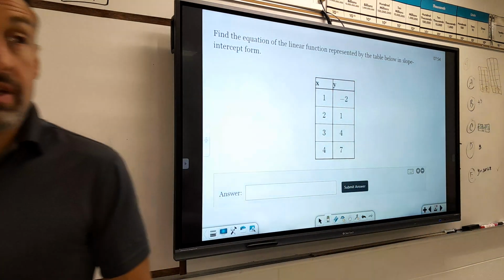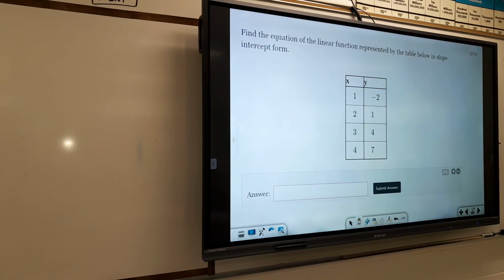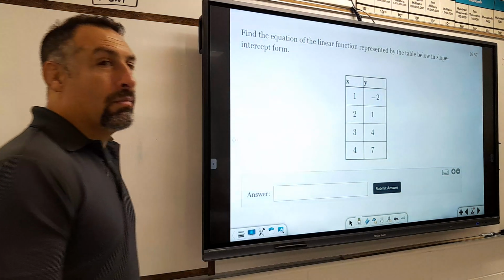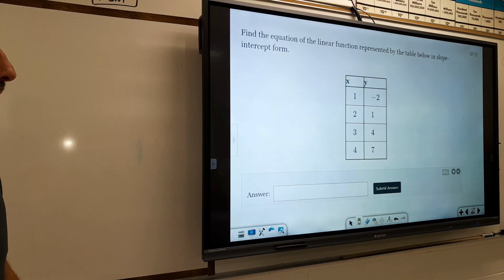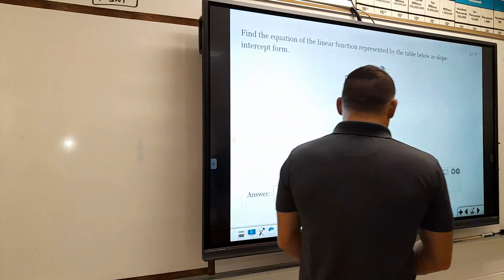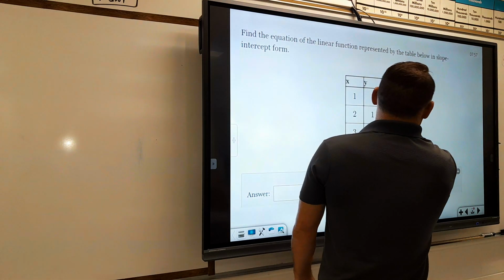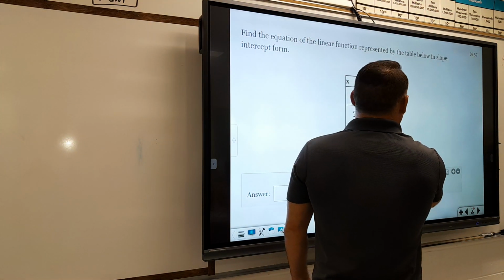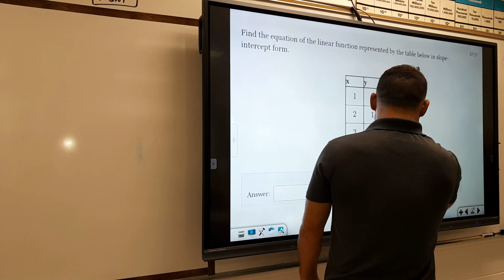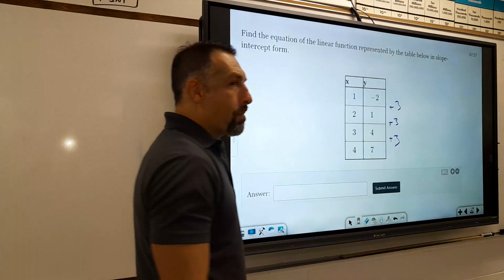But we did something like this yesterday. The difference here is we don't have a y-intercept, but we can still easily find the change in y. Who knows what the change in y is? I hear a lot of mumbled responses there. How do you get from 1 to 4 to 7? 3. Even if you don't know the negatives, it's all +3, guys. I could write a 3. Okay, so we know it's